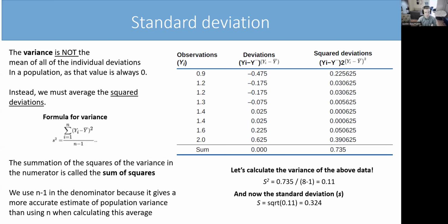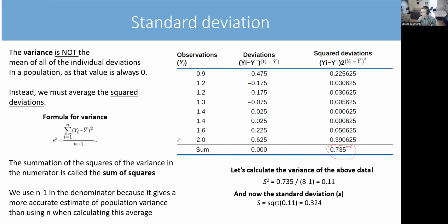And then we square those deviations to give us these other values, these S squareds, which we're then going to be using to calculate the variance. So the variance is the sum of squares, which is this value. We calculate all these different values, the sum of squares, and we end up with this sum of squares value